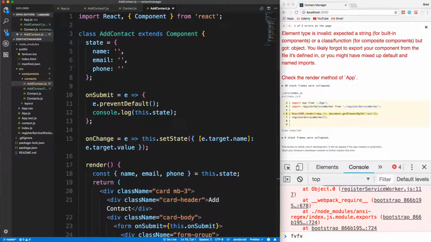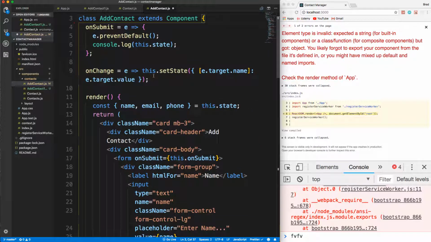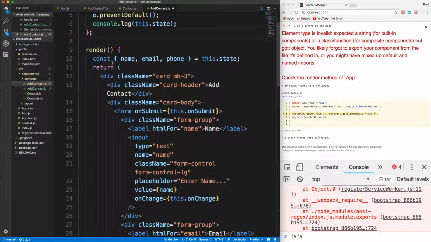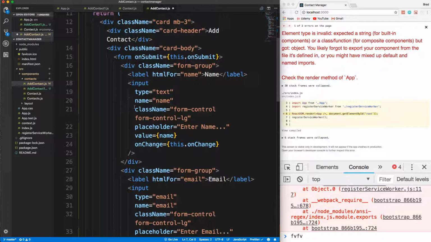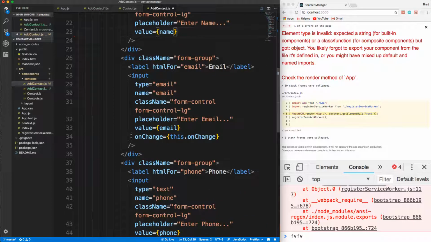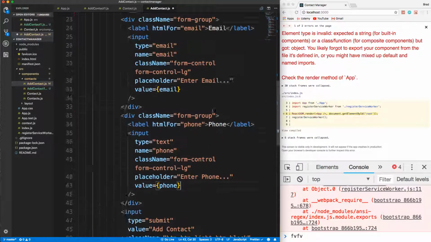except I'm not going to have state here. So I'm going to get rid of that, and we're not going to have an onChange, and then none of these are going to have onChanges. So I'm going to get rid of these. All right. Now instead of the